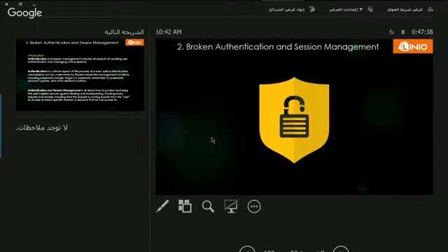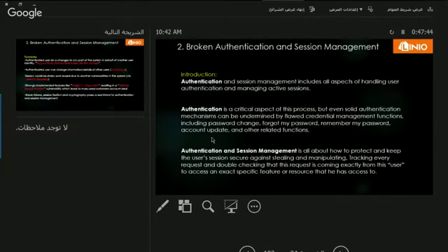Okay. This is the second category of vulnerabilities. This is the broken application and session management. Authentication is